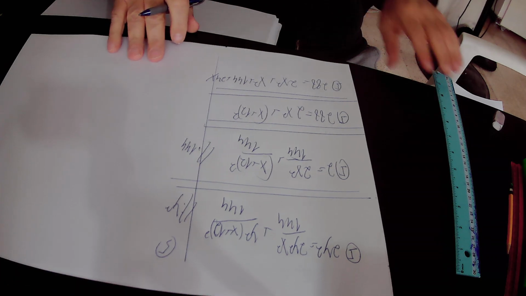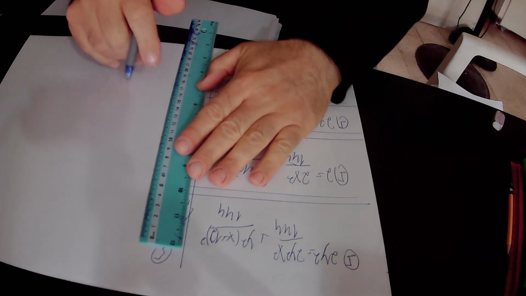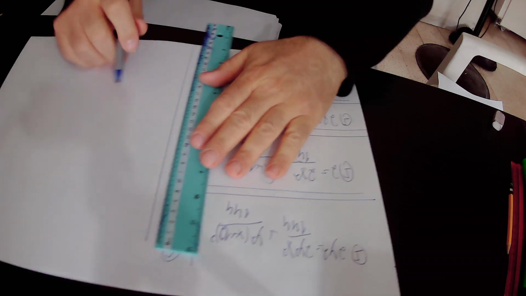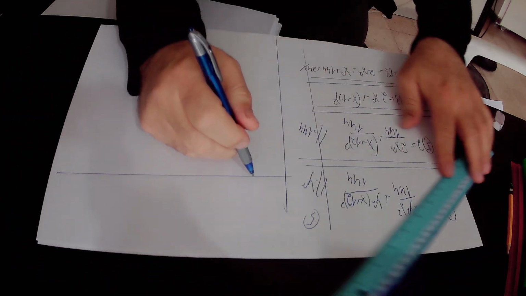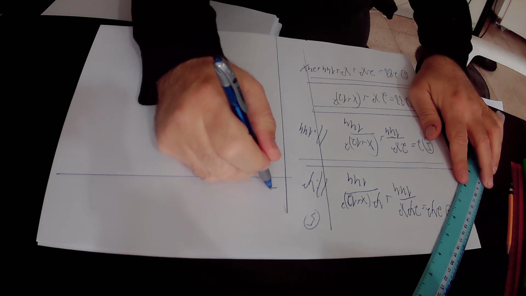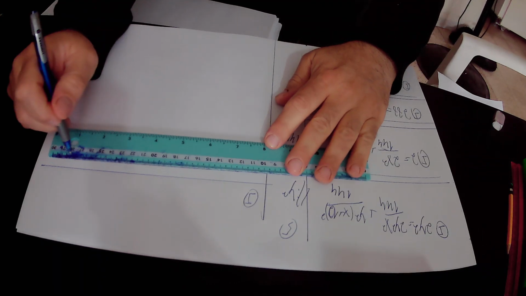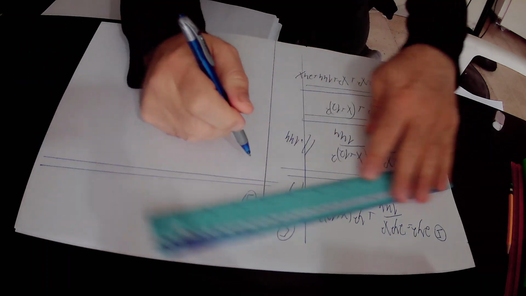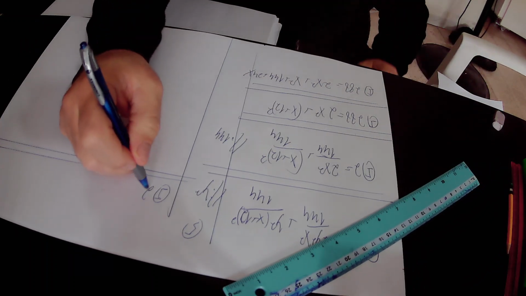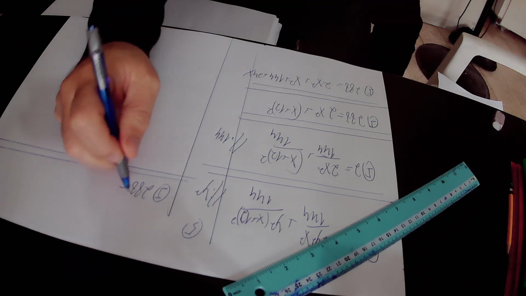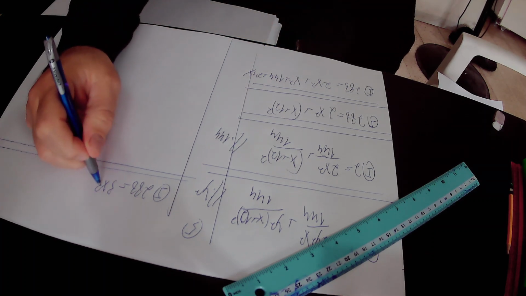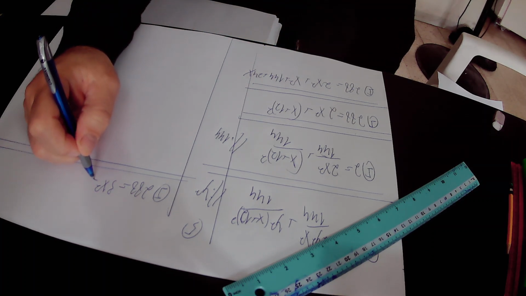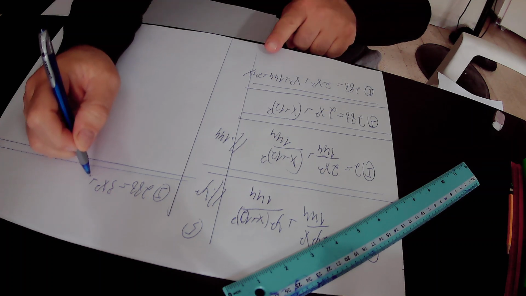So we actually found out that according to equation 1, 288 equals 2x squared plus x squared is 3x squared plus 24x